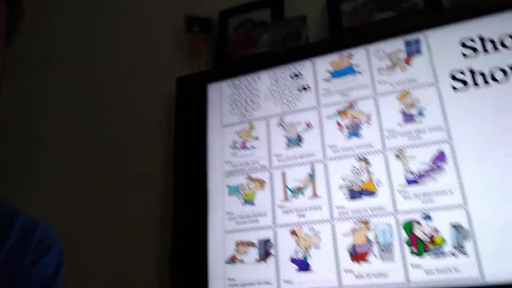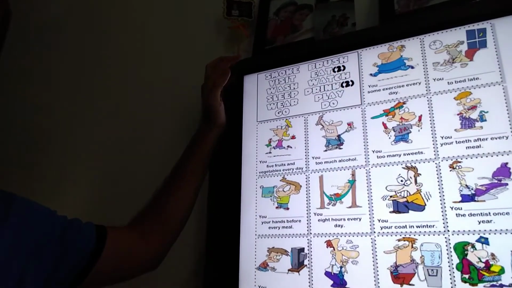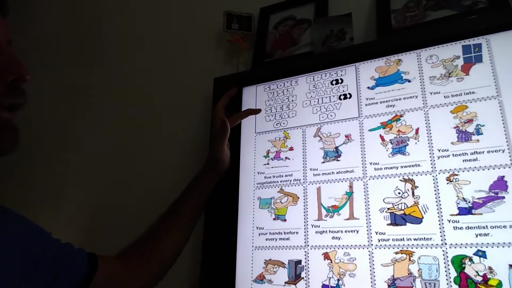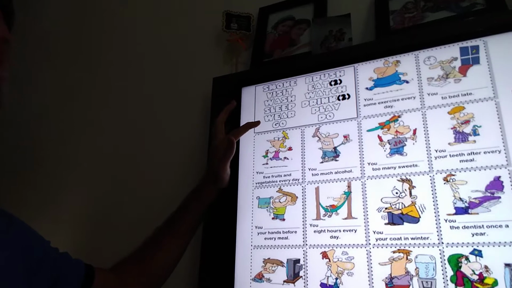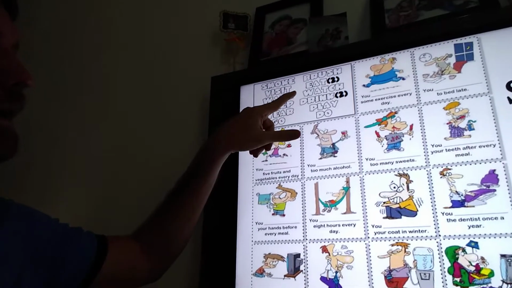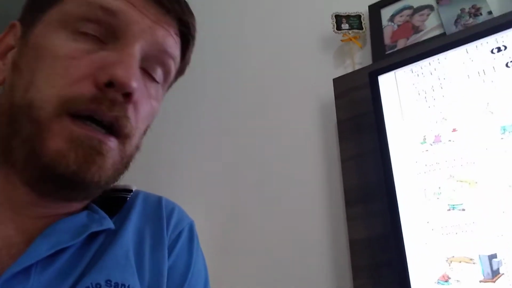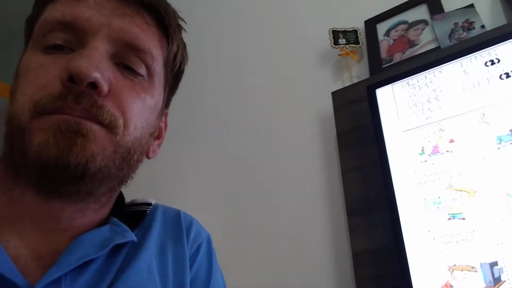Okay, as you can see, these images quite well here. We have the words up here: smoke, visit, wash, sleep, wear, go. And on the other side, brush, eat. There's two eats here we're going to see. Watch, drink, play, and do. Now, each of these words is going to fit into one of the actions we have on the screen, okay? But they are also going to teach us the should and the shouldn't, okay? So let's have a look